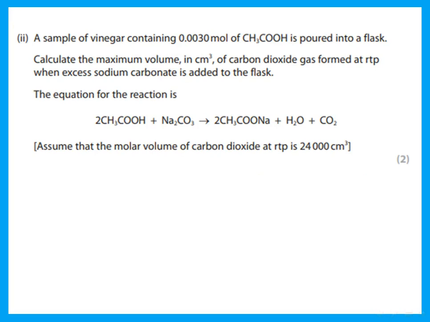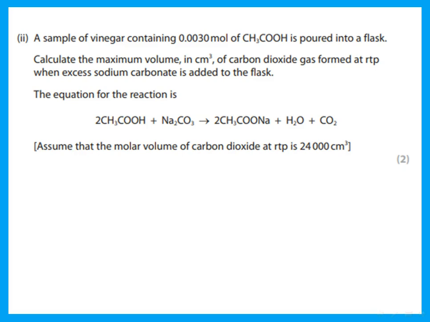A sample of vinegar contains 0.003 moles of ethanoic acid. Calculate the volume of carbon dioxide gas formed. So again, he gives me already the number of moles of ethanoic acid, so I don't need to sit down and calculate it. He gives me that I have 0.003 mole of ethanoic acid. So the first thing I should do is relate it to the carbon dioxide from the equation. Can you see the equation? The equation says